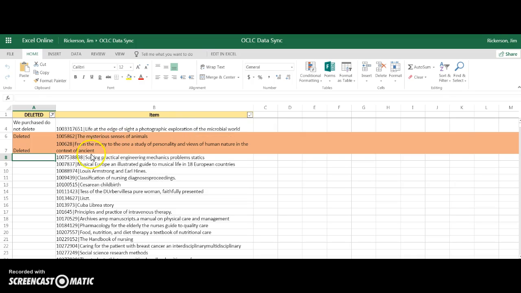Although, you can see that on this first one, Life at the Edge, this is an electronic portfolio that we purchased, and we don't want to delete that off of this report. So I put a note here that says do not delete. These two here, we were able to delete